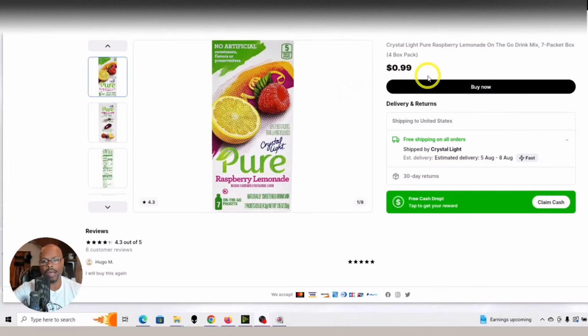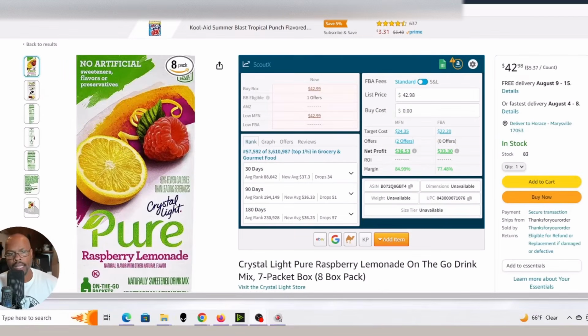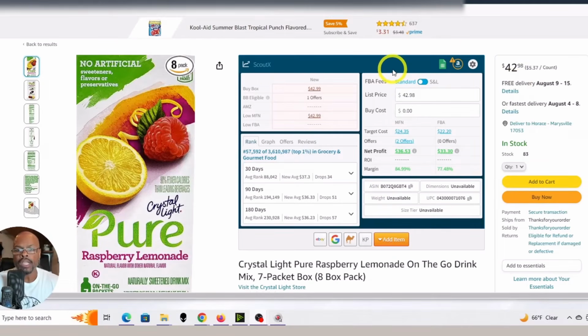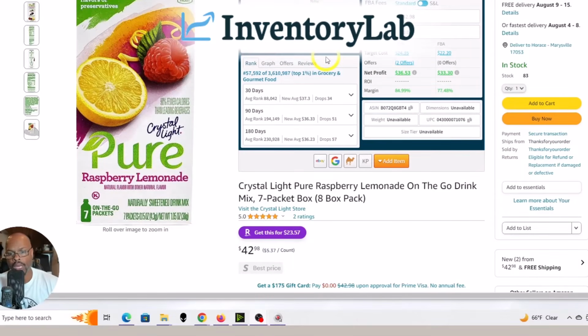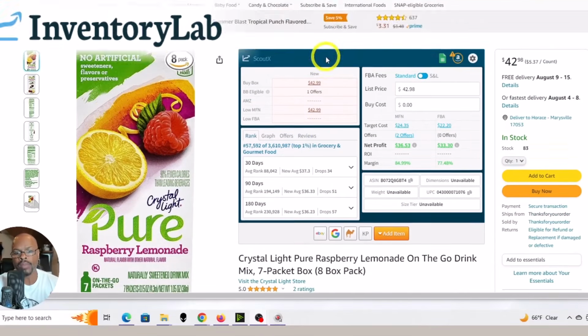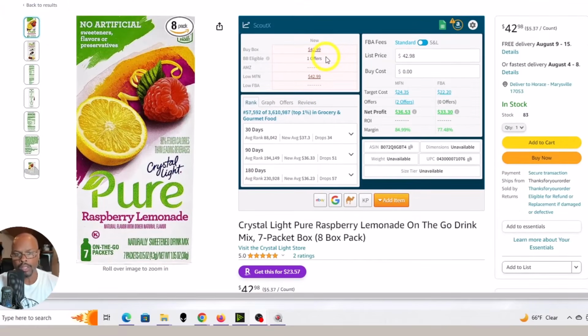We're not going to look at whether or not they're shipping or whatever. Just for this example, the way that I actually determine whether or not I can make a profit, because I use a software called Inventory Lab that has an extension that you can load. That's why you see it loading right onto the page where you would view the product as a customer.